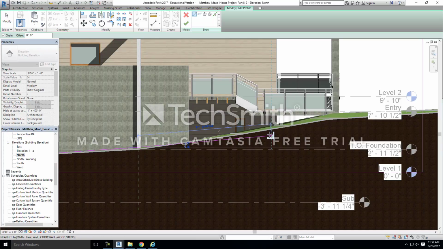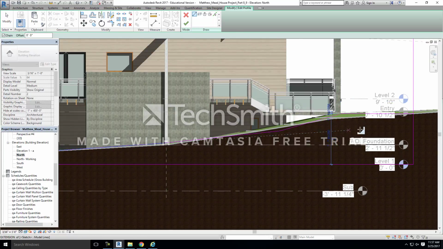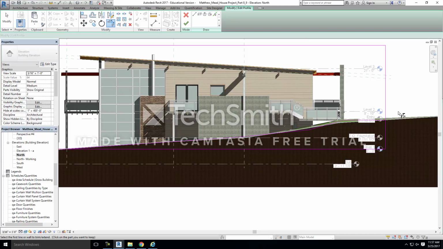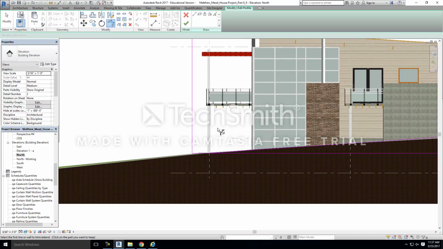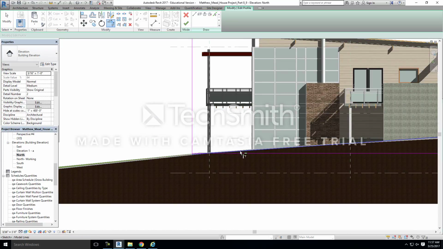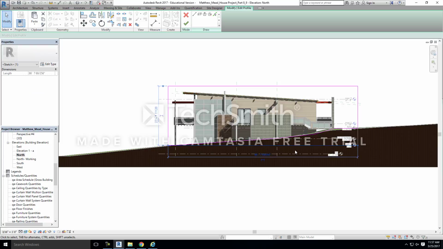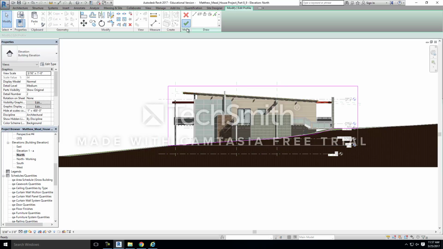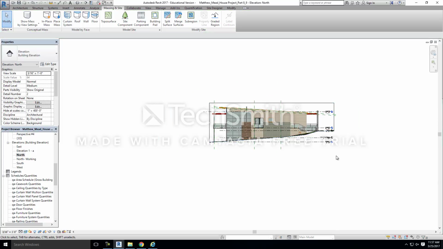Probably actually wants to be a little bit lower than where the topography is, okay? We're gonna come up about like that to where our entry is, close it off. Delete this bottom line. All right, I'm gonna go ahead and hit the check mark, and notice that now